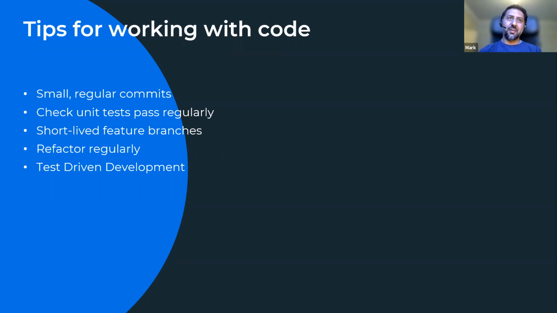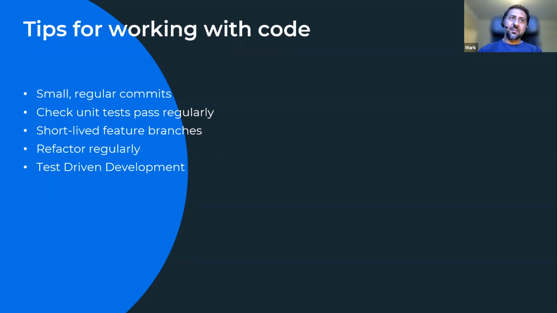So we're aiming for maybe a day, if we can do a day, maybe 2 days. But with things which are much longer, you'll probably find that many other people have committed code into the main branch. And then when you come to merge a feature branch, it's going to be quite difficult.